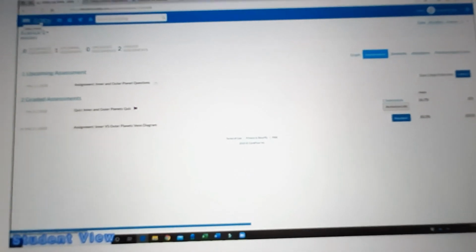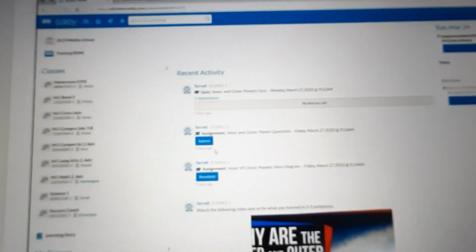Clicking on the EDSBY icon takes you back to the EDSBY home screen, where then I can check for work from all of my other classes. Now, switching back over to the teacher